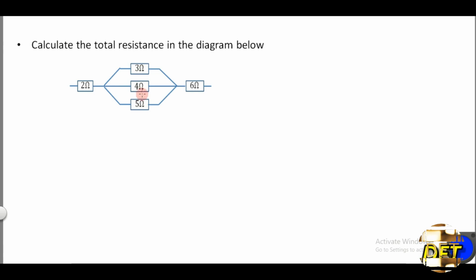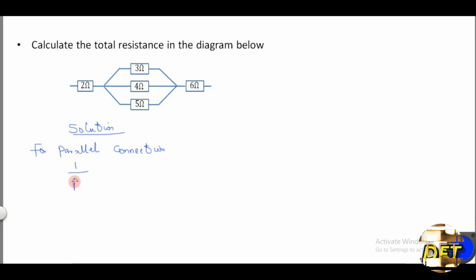So when you resolve this, it will not be in series with this, right? So the first thing I want to do is to resolve these ones that are in parallel. So let me put my solution here. So for the parallel connection,